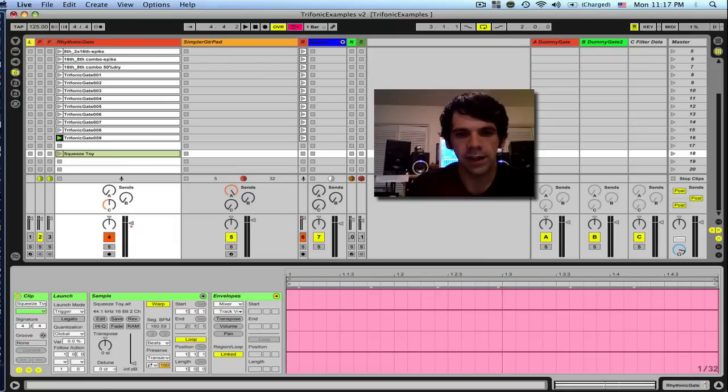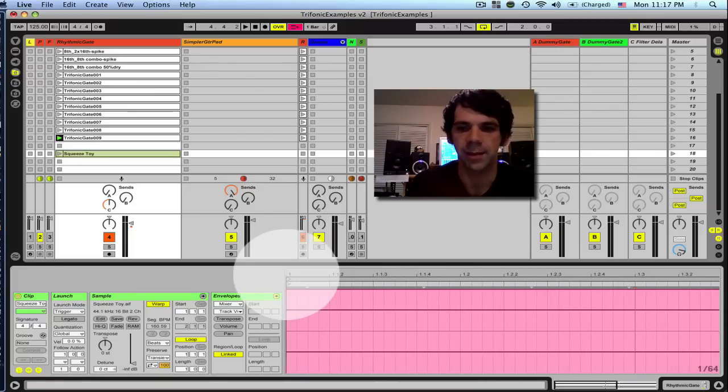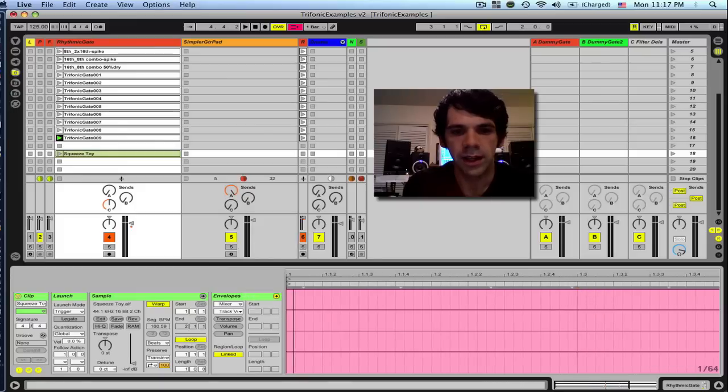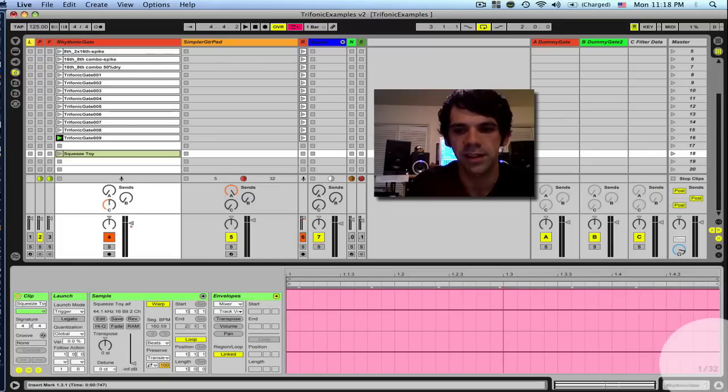So when I have that, I can draw in automation, and I can do it in two different ways. I can do it sort of in the vector-based or in steps. So if I want to make a pattern of 16th notes and 8th notes, I want to do it in steps. So I'm going to set my grid to 32nd notes,